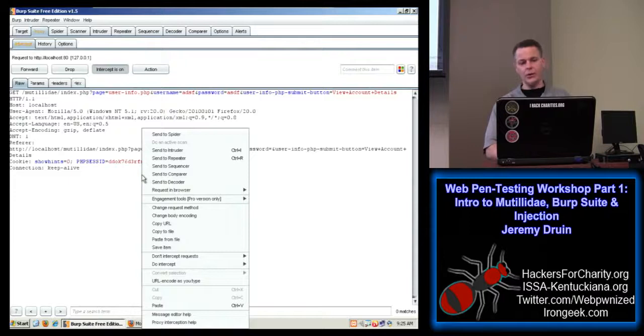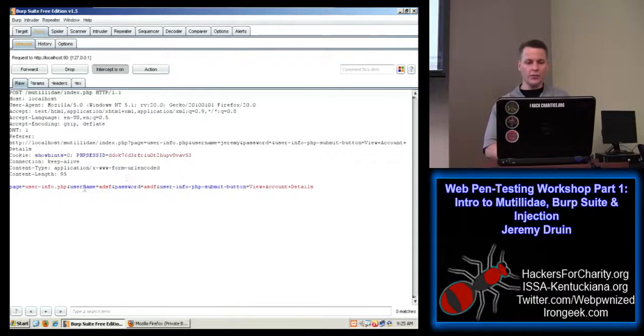Burp can convert these GETs to POST or vice versa, so we could say change request method and take a look at what this request would look like as a POST. You can see that the parameters have moved down into the body. We're also going to take a look at if it's possible to send an input via any of these request headers. So one of them that jumps out right away is the cookie. That request header has name value pairs, and we can change the values and submit those to see what happens to the site. So we basically have three different places. We have the body, the GET, and then the request headers.